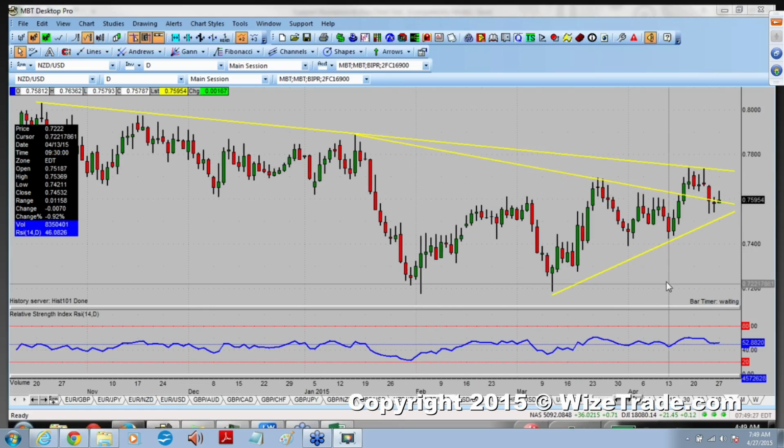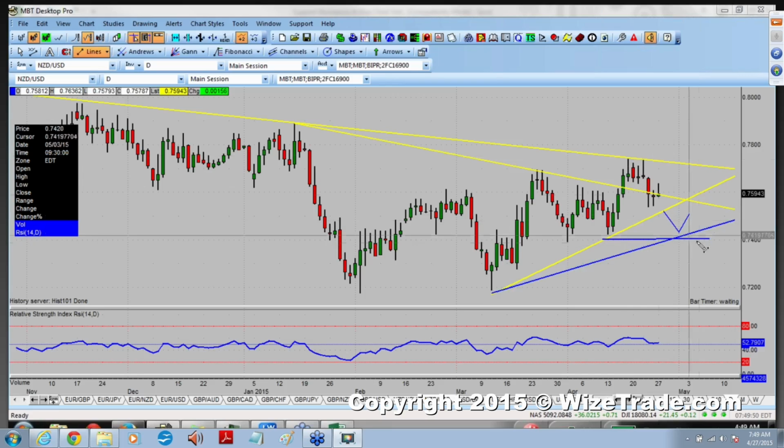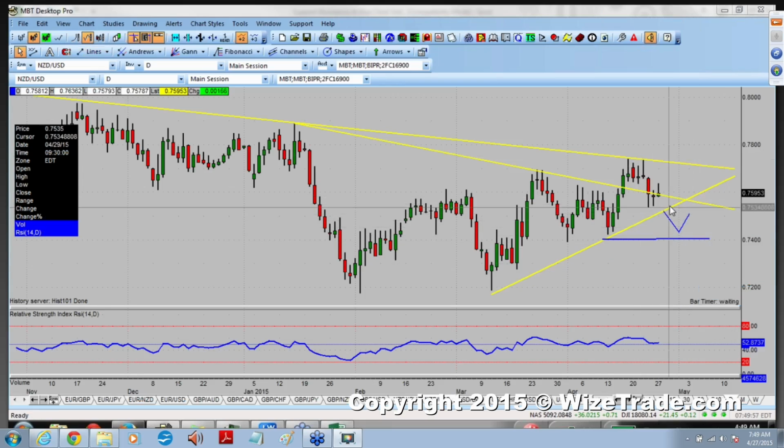So what that means is if we do push lower here to find symmetry with this upper trend line, if we break down below this support, our fall may be somewhat limited to like 74 cents. So we build more of a symmetrical triangle there. It's entirely possible. So if we do break down here this week, especially with trade balance and the RBNZ, be careful chasing it lower. If you're going to get short the Kiwi dollar for the week, you probably want to be shorting somewhere up here this week, as we're below